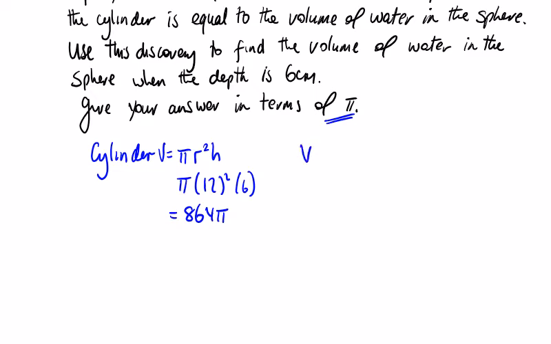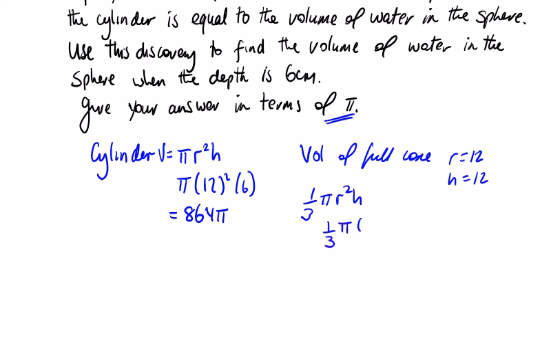So let's look at the volume of the full cone. The radius is 12 and the height of the full one is also 12. So the full cone, it's a third pi r squared h. So a third by pi by 12 squared by 12. So that's 12 by 12 by 12 divided by 3, which is 576 pi. And then we need to take away the top part of the cone because that's not in the